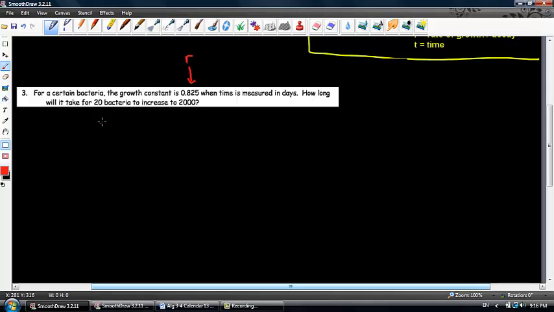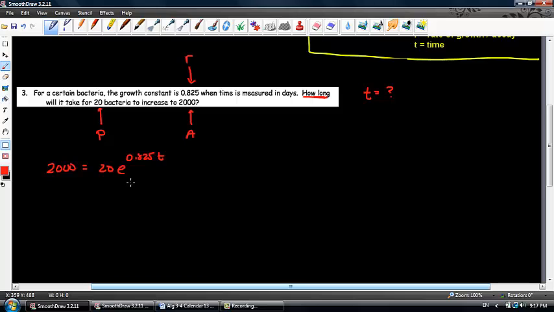Well, if I'm talking about the growth of a bacteria, then the smaller number is going to be my initial amount or my principal amount, and the resulting amount is going to be A. And in this case, they're saying how long will something take? That means that we are trying to solve for time. So let's plug all this stuff in. That means that 2,000 is going to equal 20E, right, because E is always the same, R to the